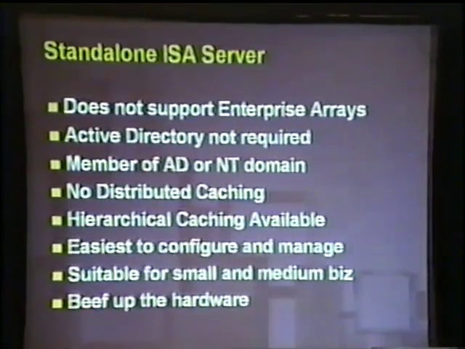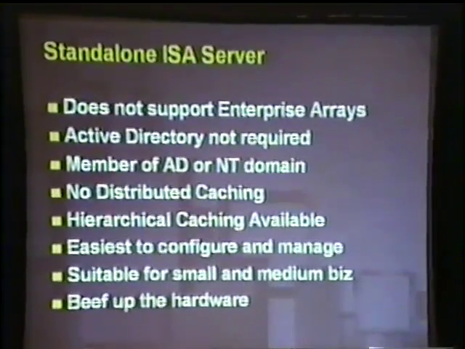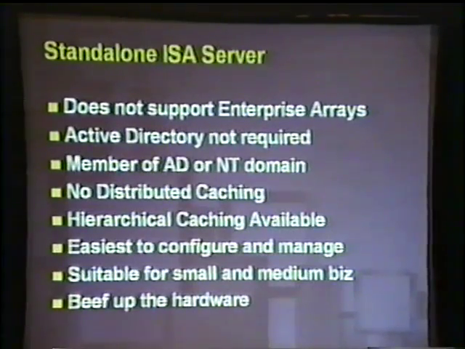For example, let's say that you have an office in Beaumont, Texas, and you have another office in Pasadena, Texas, and you have another one in Gun Barrel City, Texas, and your main office is in Dallas. What you can do is you can put an ISA server at the edge. Gun Barrel City is about 20 miles down the road, okay, from where we live. You can put an ISA server at the edge of each of those branch networks, and what will happen is